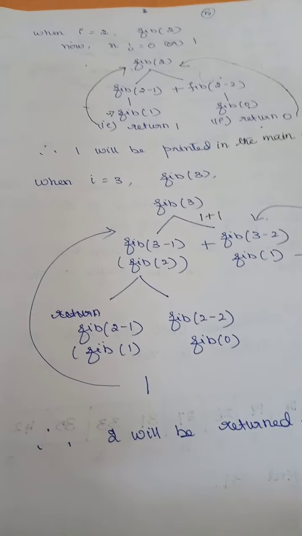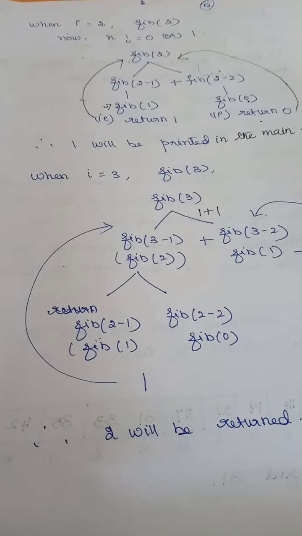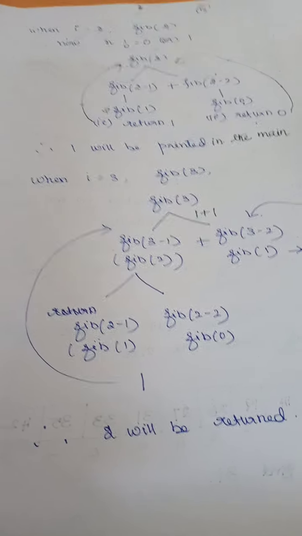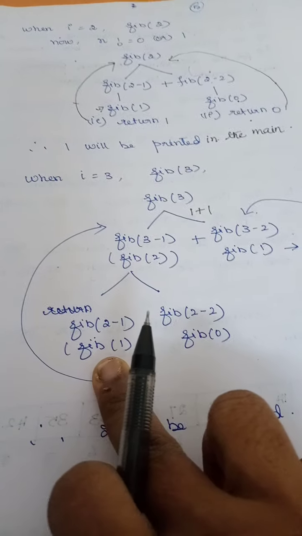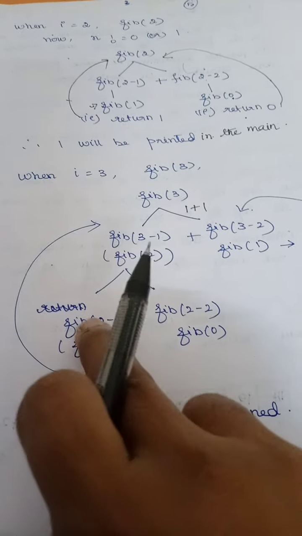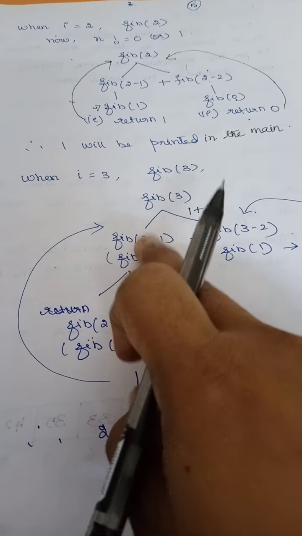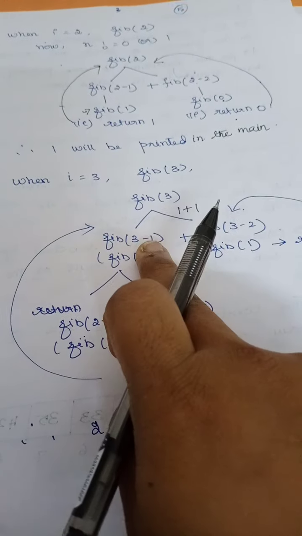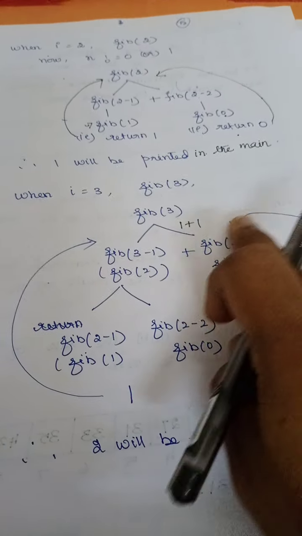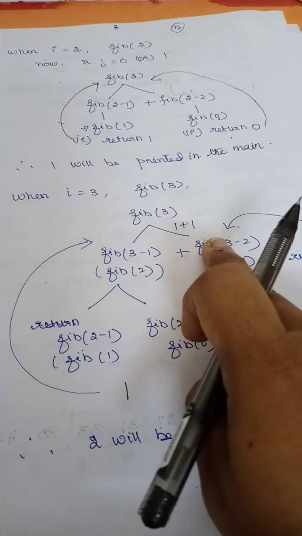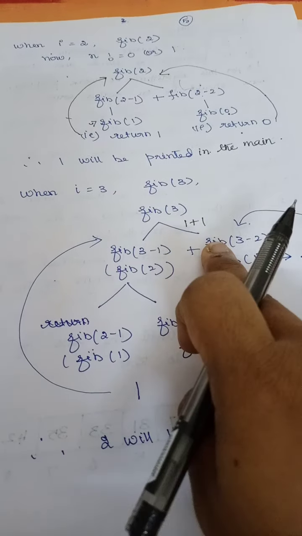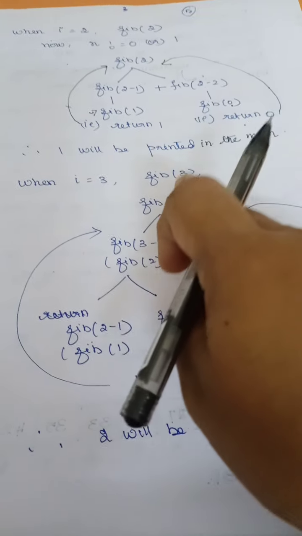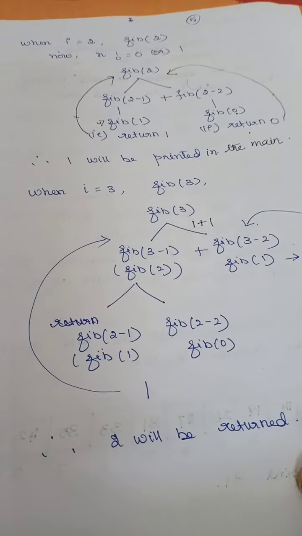Is that clear? So whenever I have a return, it will go to the caller, which is calling that particular function. Suppose here, this only called this particular one, so the return will move here and the value will be returned here. Similarly here, this only called me, so the value will be returned here. These two values will be added and this will be returned to the caller. So the caller here is going to be your main program.